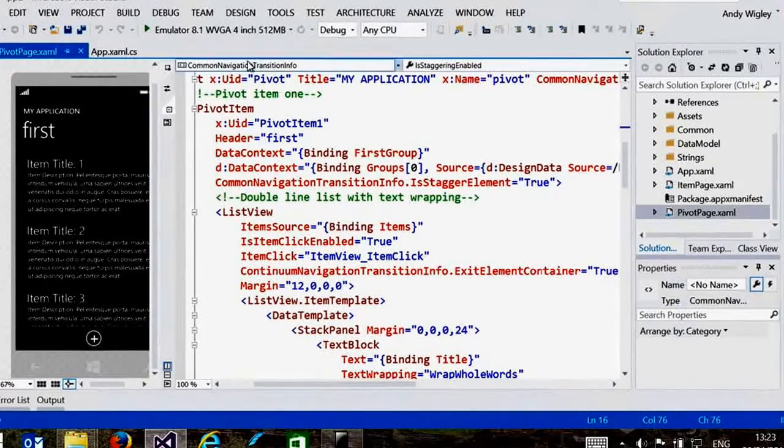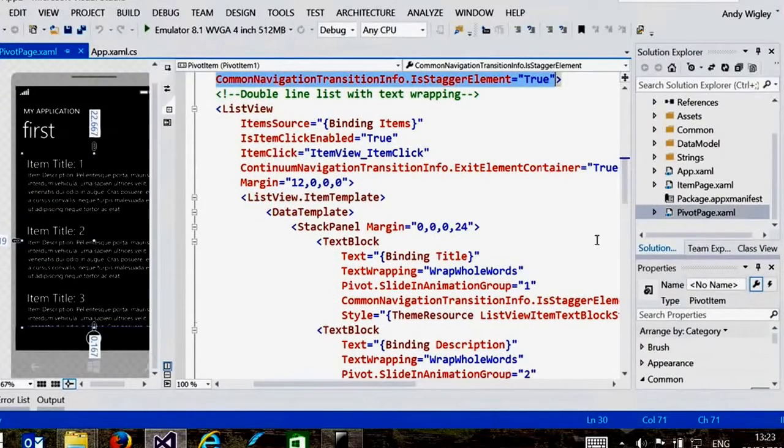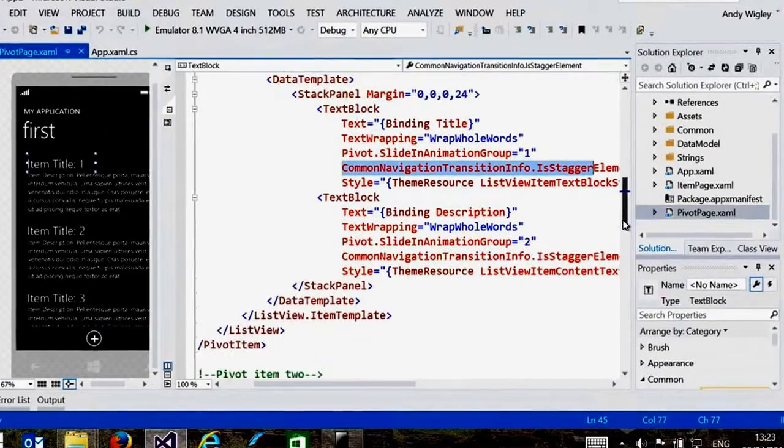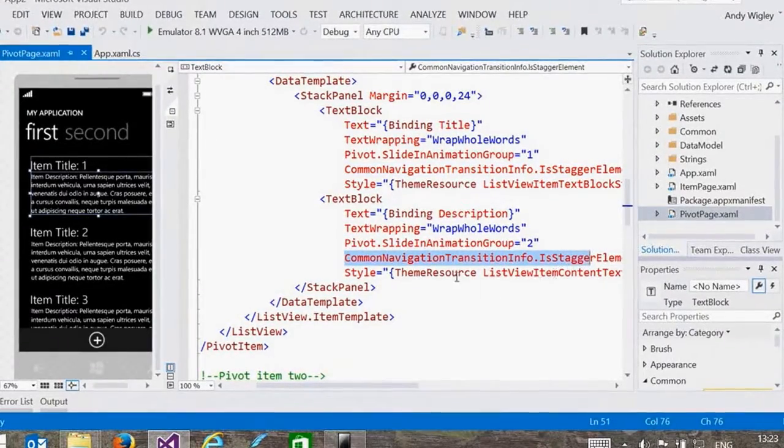So the pivot item, you say, well, this is a stagger element. So that's a stagger element. And then you'll say that actually this is a stagger element as well. And this is a stagger element. And if you run it,